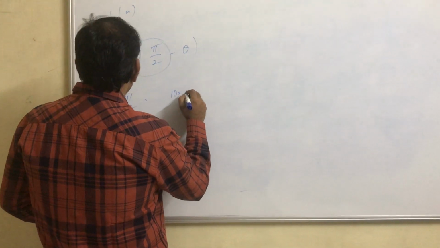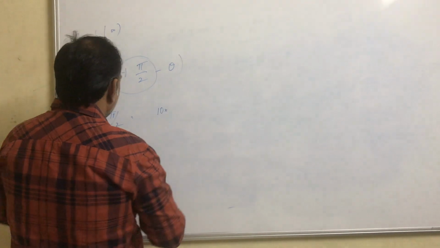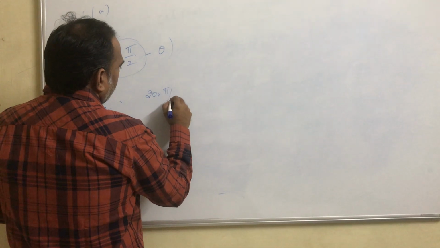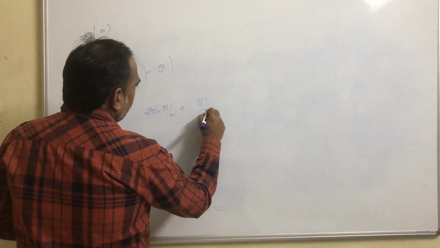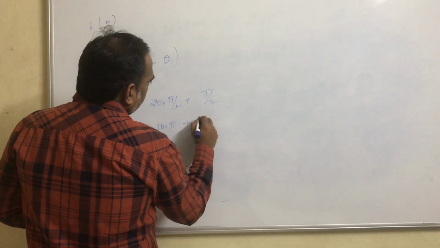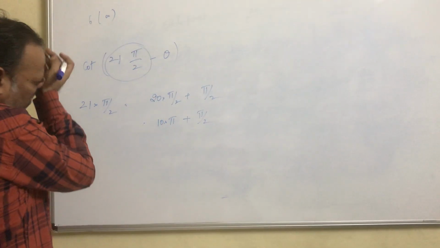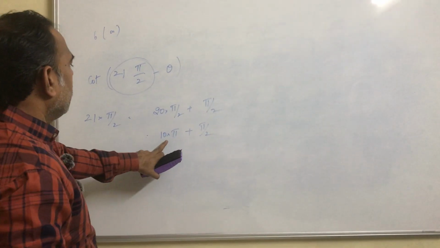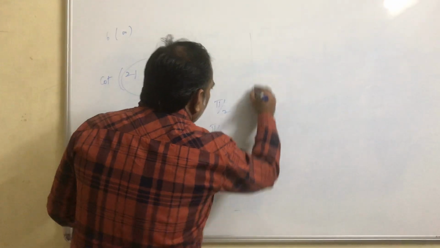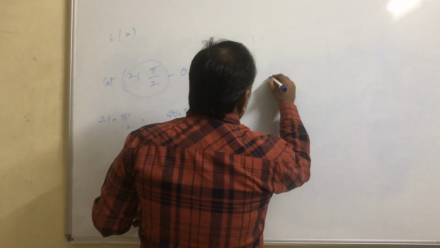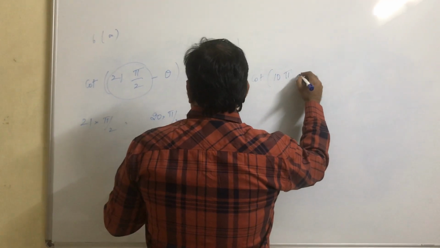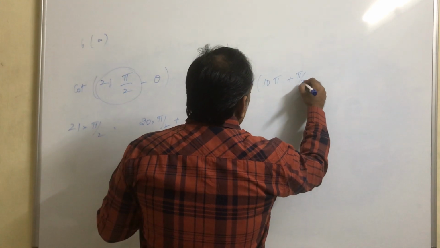this can be written as 20 into pi by 2 plus 1 pi by 2. 20 into pi by 2 is 10 pi, right? 10 pi plus pi by 2. So apply the same form here. I will write down over here, right? Cot of 10 pi plus pi by 2